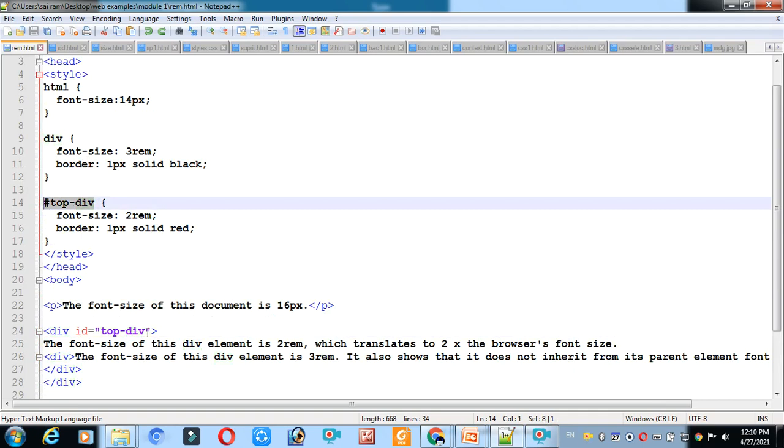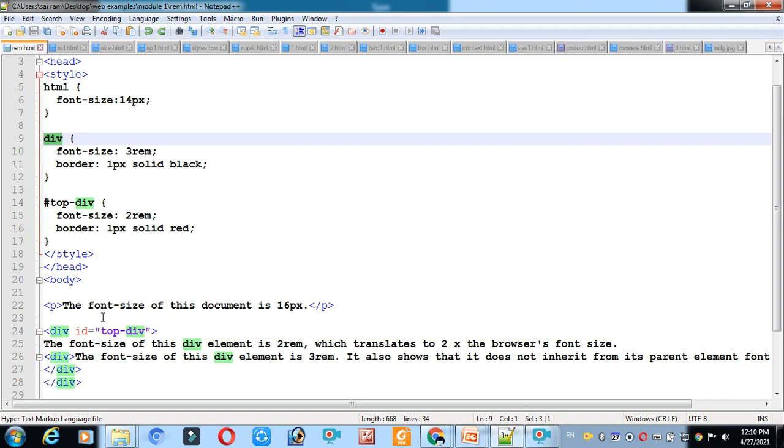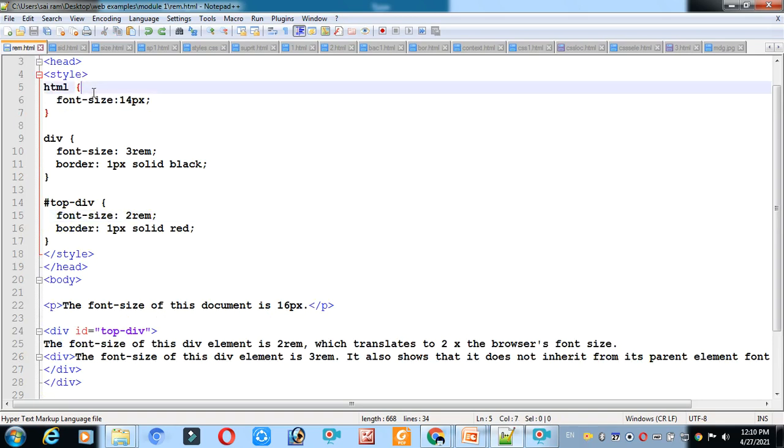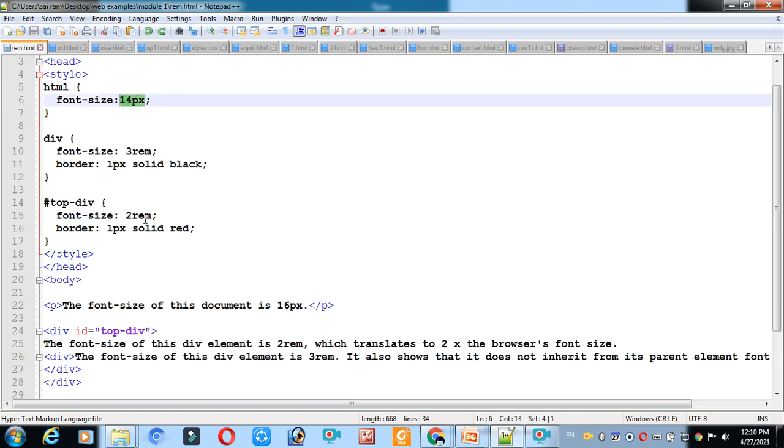Top is a division. Here you gave the ID for this one. Again there is one more division here. For top, you gave 2rem of the root. What is the root here? Root is 14. Rem, root em, always means the values change according to the root.